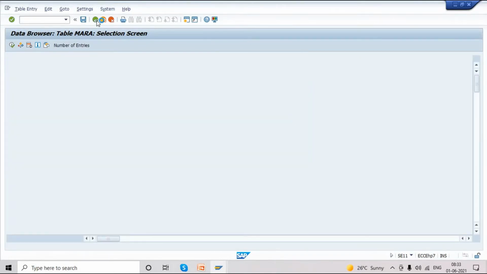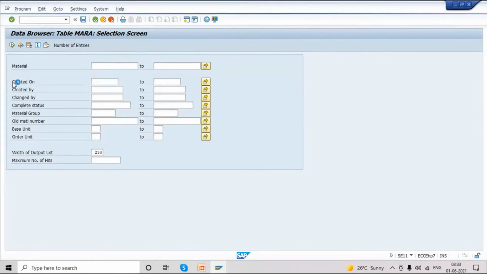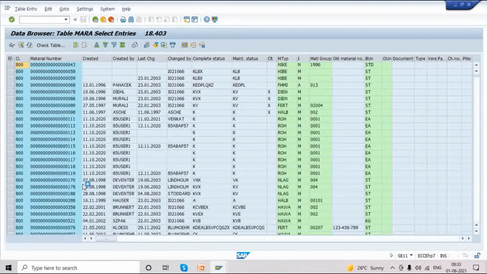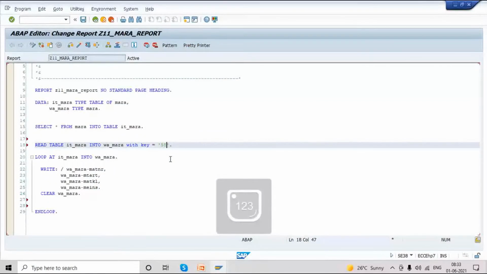Now I'll go back. We have to remove this 200, otherwise it will display 200 hits only. Just execute, we'll get all 18,000. Okay, so I'll take 58 as one number. I'm just searching for 58 in this case.